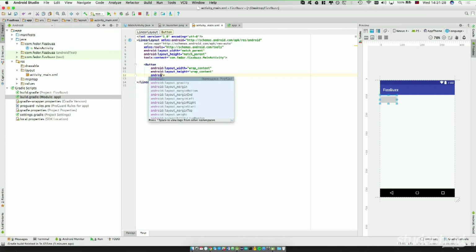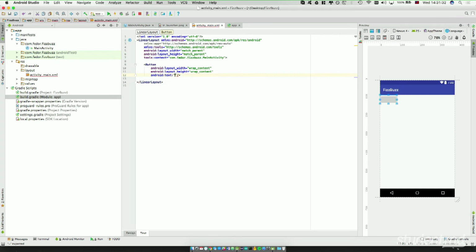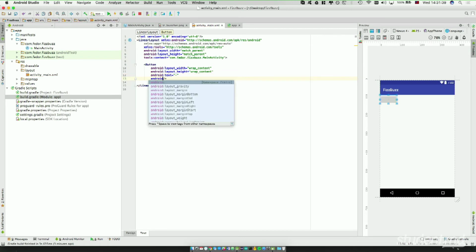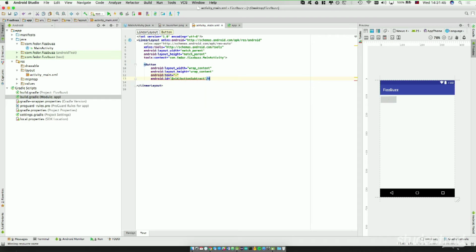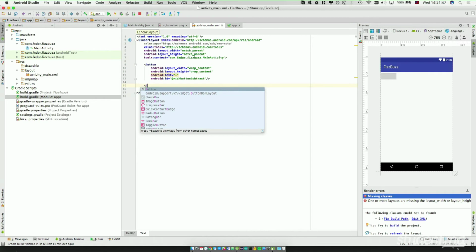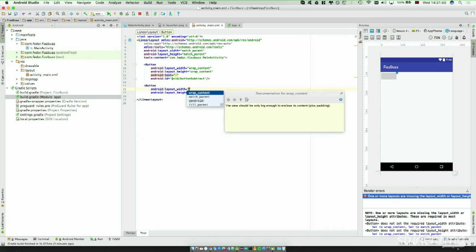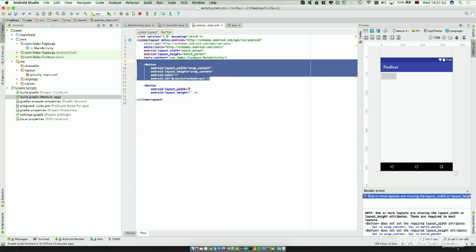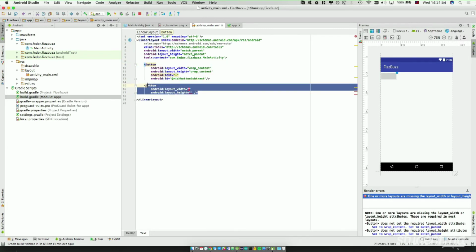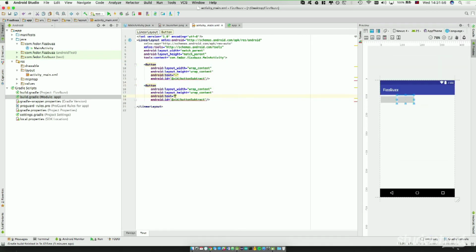And we're going to make it have the text minus, equals minus, and we're gonna give it an ID of @+id/button_subtract, and then we're gonna add another button that's the same thing except it's for adding. So we go over here, we're gonna change this to add or plus, and then we're gonna change this to add,